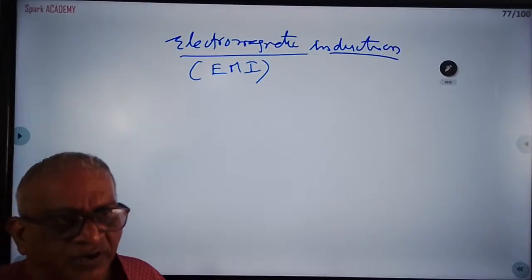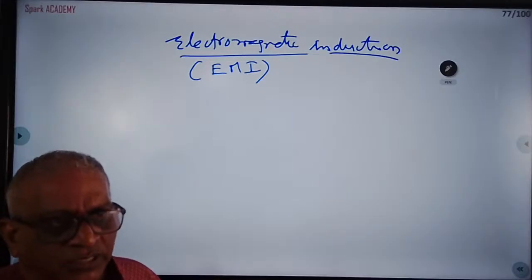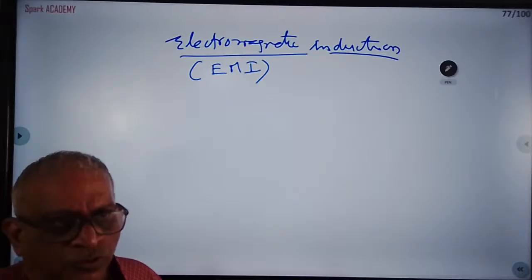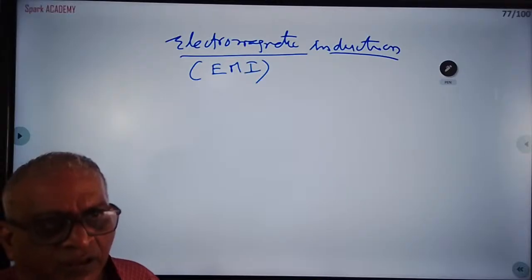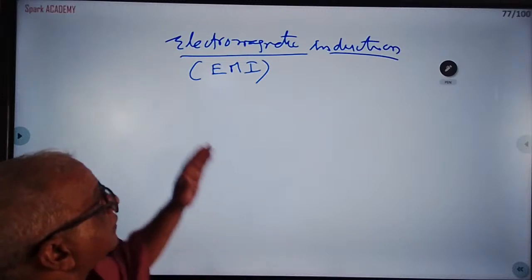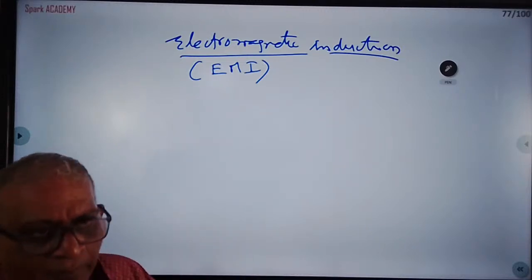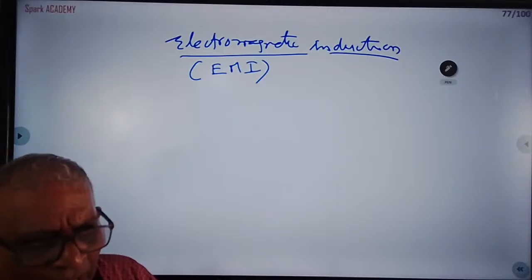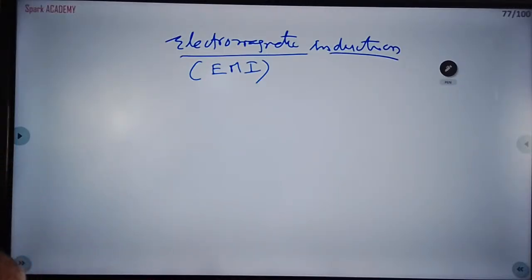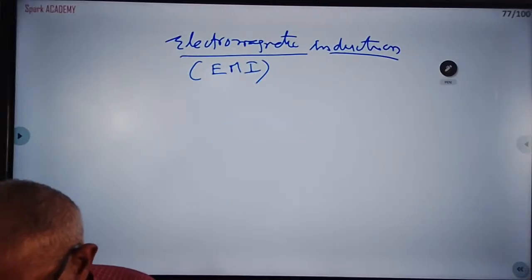But what did Einstein introduce? When electrons are in motion in a conductor, they produce a magnetic field. He thought in reverse: when the magnetic field or magnetic flux is changing, why not have a current? That current is called induced current, and it is momentary. That is called electromagnetic induction. First, we are discussing this important question.